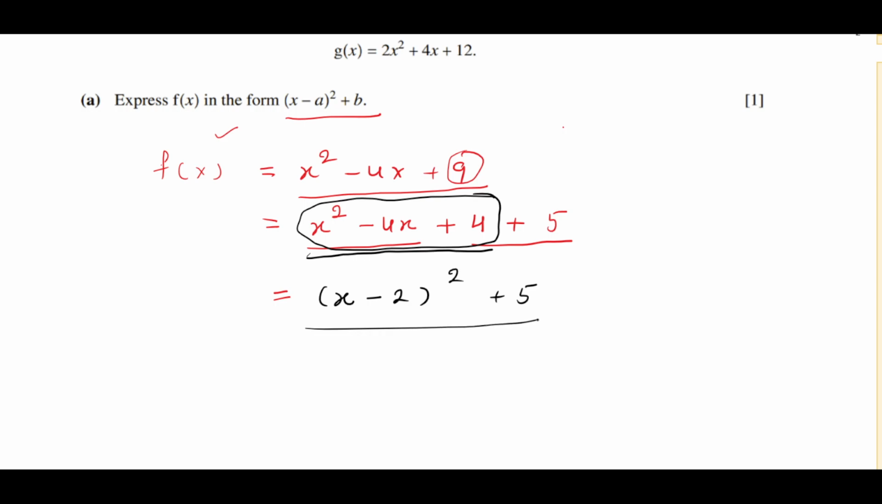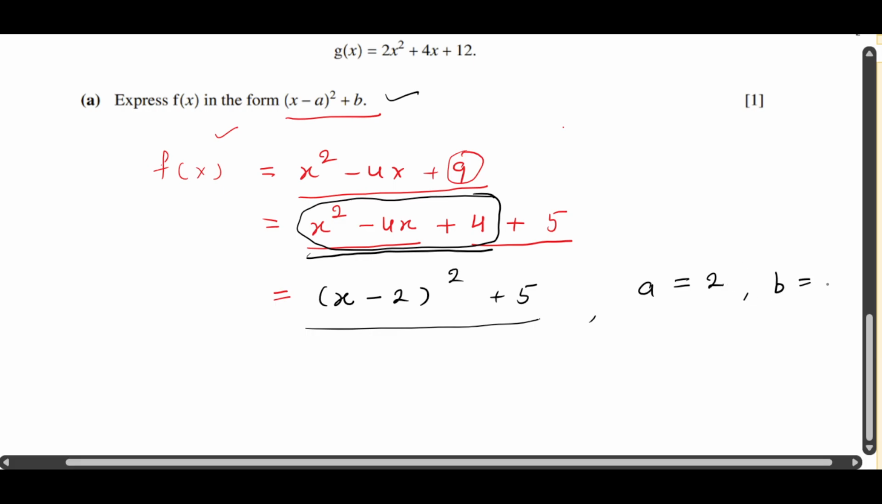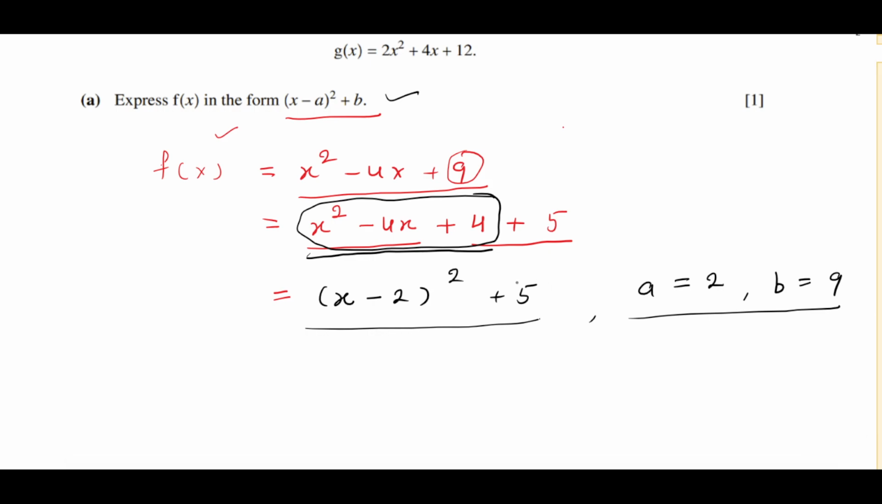So we have to express it in this form. Now what is the value of a here? It's 2. And what is the value of b? The value of b is plus 9. Right, a is 2 and b is 9. So this is